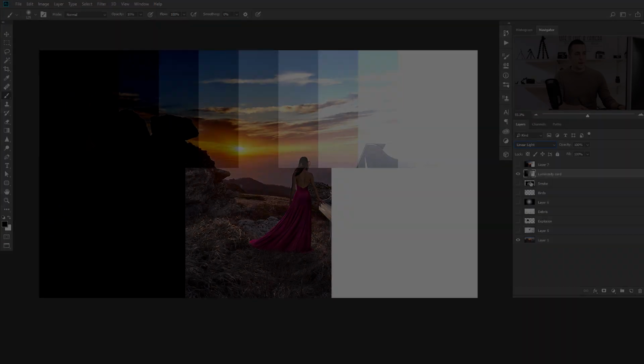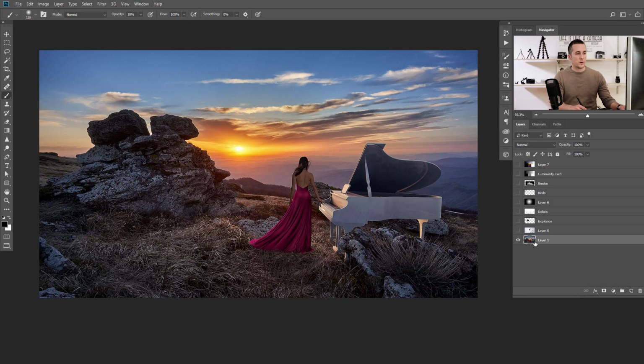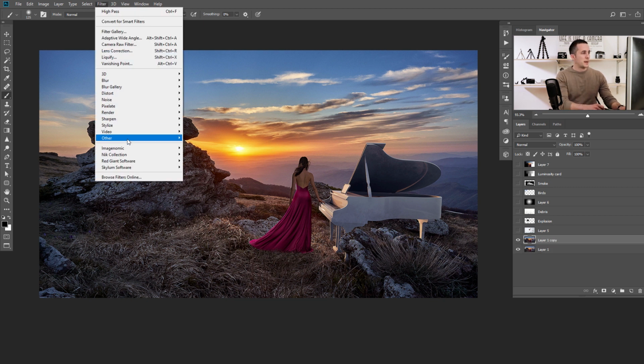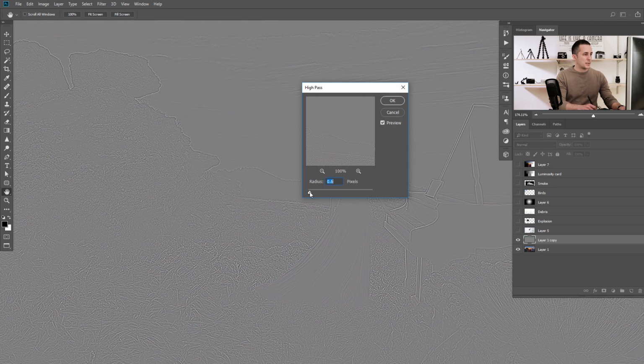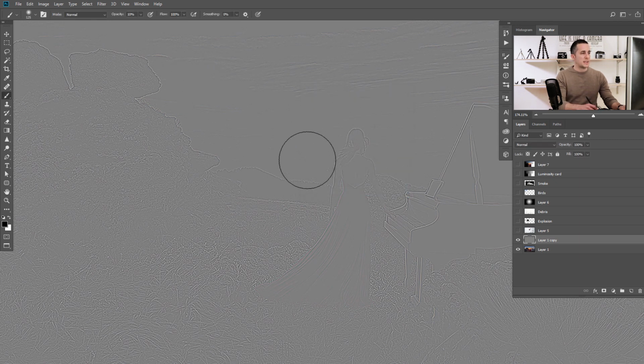Let me show you really quickly. Let's hide this and make a copy of this layer by pressing Ctrl/Command J, right? And let's go to Filter, Other, High Pass. And let's zoom in a little bit. Let's set the radius, maybe 0.5. And you can see that this is basically a 50% gray layer, except some edges here have